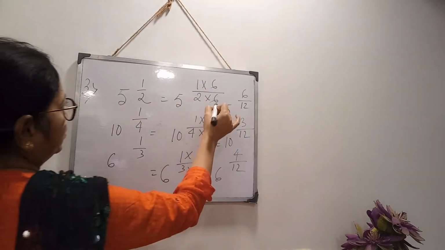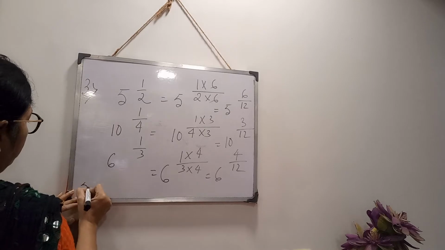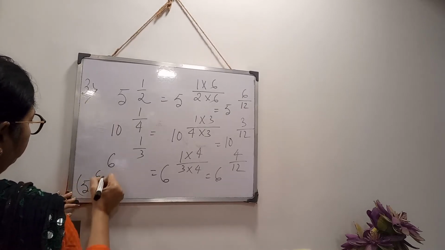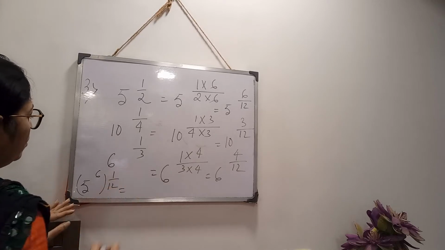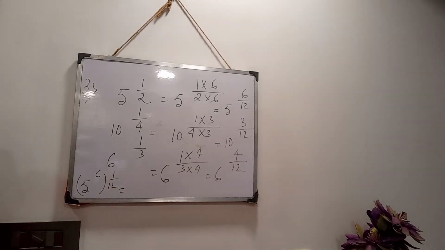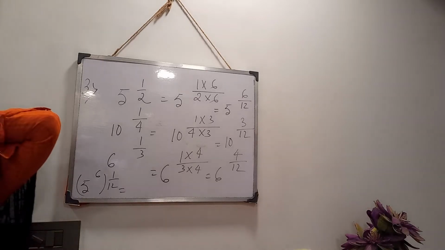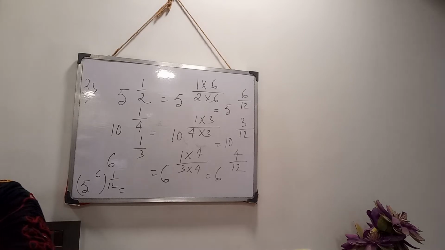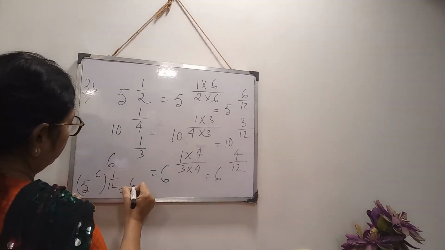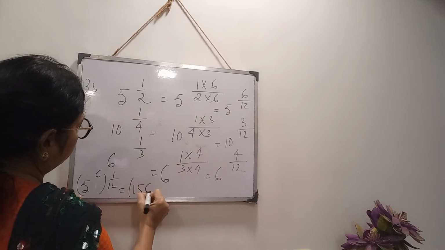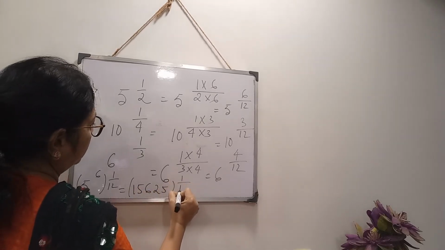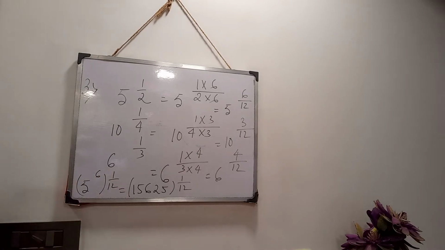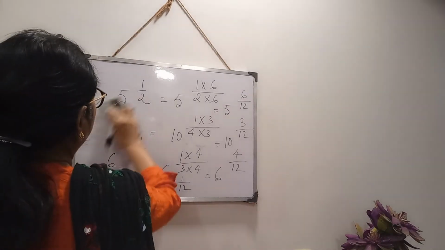Now 5 to the power 6. 5 to the power 6 means how much? I have to calculate it. 5 will be multiplied 6 times, a big multiplication. Wait. 5 to the power 6 is 15,625. Okay, it is coming 15,625 to the power 1 by 12. First one. Then 10 cube, so very easy. This part I am writing.